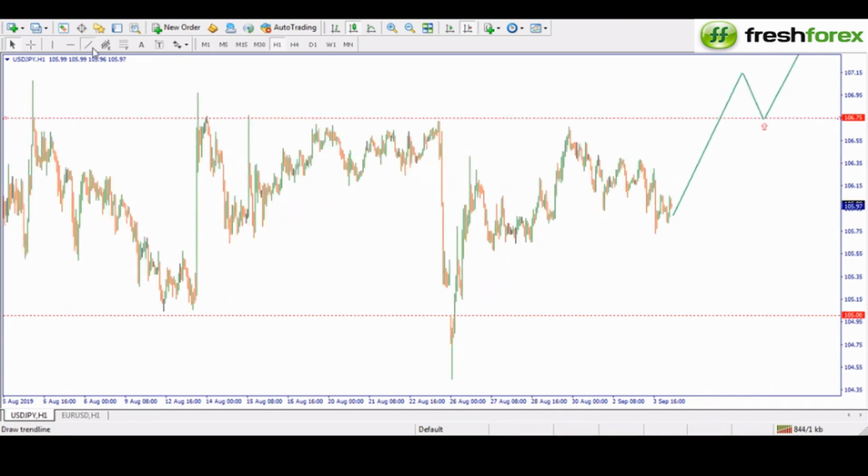Same thing. If price is to proceed downwards, when price is coming back to this level here, the one at the bottom, you can look for a buy in case it does not break below. You can start looking for a buy immediately. You don't have to wait for the daily to show you, but you can just look for a buy. But if it breaks below like this, then you have to wait for daily also to close below that level, which means you want to see an actual candle close below 105.00 on the daily chart. Then the next day you can now wait for a sell from this level.